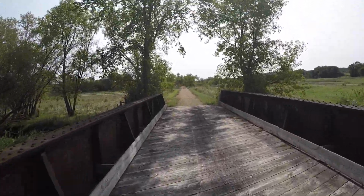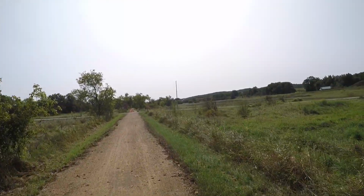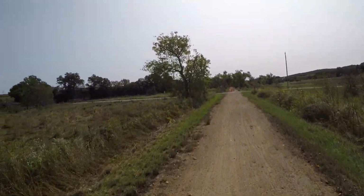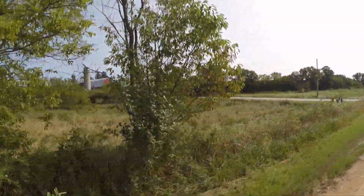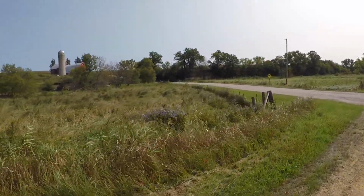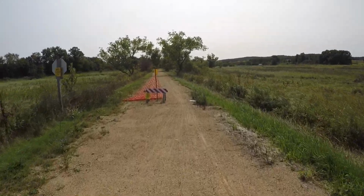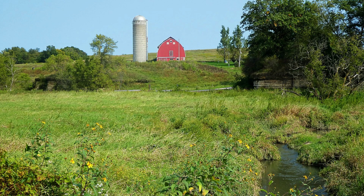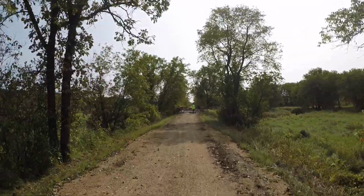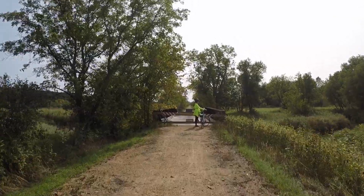You'll see it's just about a bridge that was compromised. It's not out. It's actually, you can get across it. And here, again, just outside of Kendall, the nice barns, pastures, wetlands. You can see the trail officially closed, but you can also see a lot of bike tires going around the closed sign. So we felt pretty confident that we would be able to make it. There's Julie at the officially closed bridge. So she's waiting, and I'll come up and